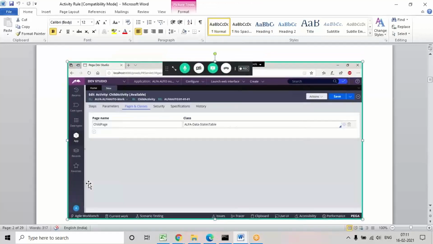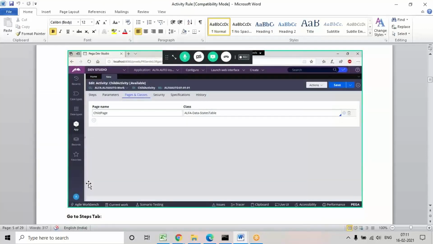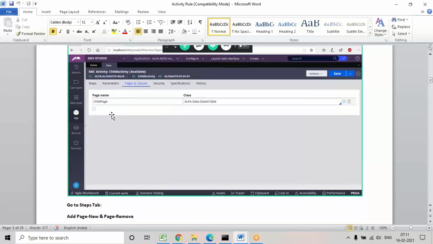I just open some activity and I'm using these table properties in these activities. If we're using properties from any class other than the current one, we have to mention it in the pages and classes. So I define the table name and give a reference page to it. The reference page can be any name we give, except for the work layer. For the remaining classes you can give any user page name, but for the work layer the default page is pyWorkPage. Apart from the work layer or work classes, if you use any other classes, you can give any name as the page name.